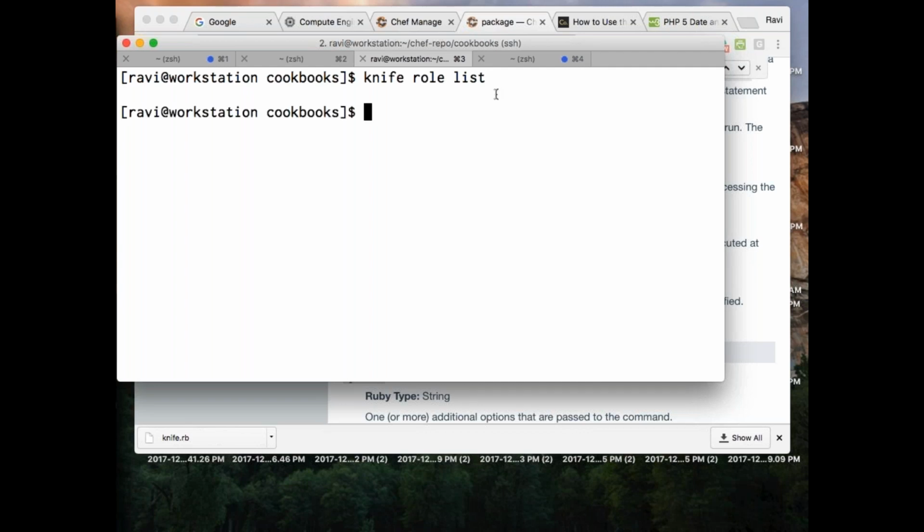See, currently I don't have any role there, but I have my web server role. I have created a role called web server. Now I need to tell it where to go and get it from. I'll say knife role from file where that role is.